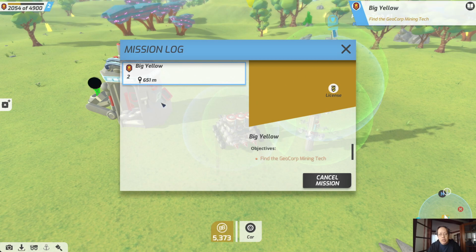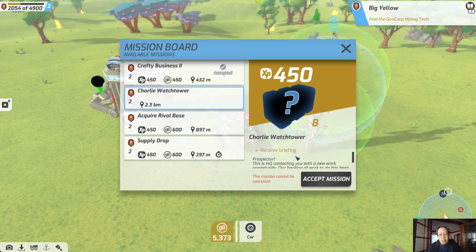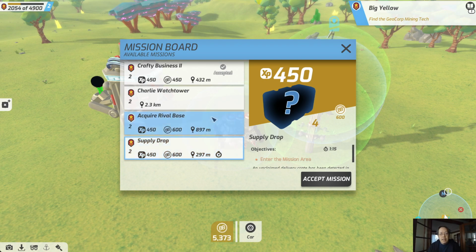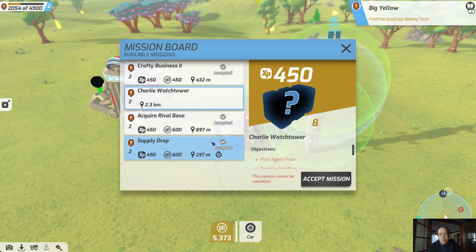And actually, let me see, my current mission log is empty, but let me look. Okay, so we have Crafty Business, which will give us more resource processing parts, so we'll accept that one. Charlie Watchtower's a little bit advanced, and I think I'm gonna not take that one just yet. I might be good enough for acquiring a rival base, but I think I'll stick to what I remember as being less. It's an XP of 450, so maybe I'll accept that one and I'll accept the supply drop. But I was hoping one of these would be about harvesting. It's not, so maybe I'll just go